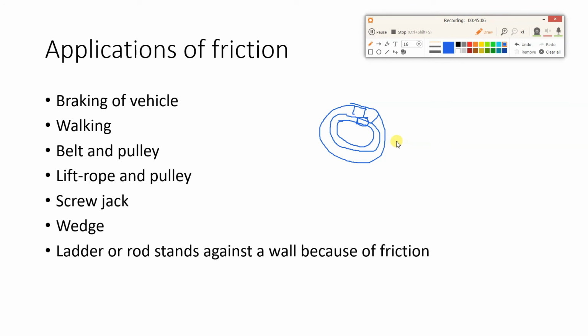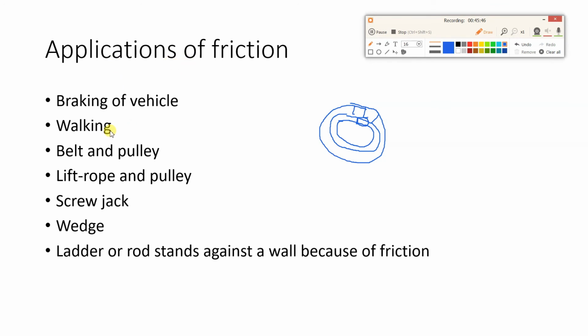So when you press the brake, that rubber shoe comes in contact with the rim of the wheel, and friction force is generated between the rubber of the brake pad and the rim. Because of friction there will be heat, and the vehicle will stop. So the motion of the vehicle is dissipated by the braking action to the atmosphere in the form of heat. This is an example of an application of friction.